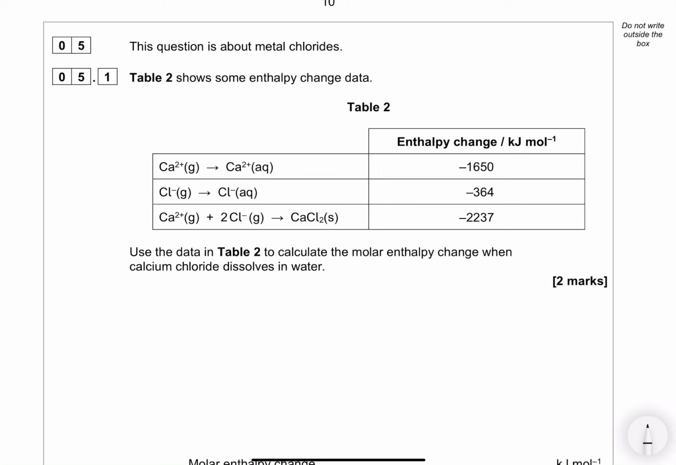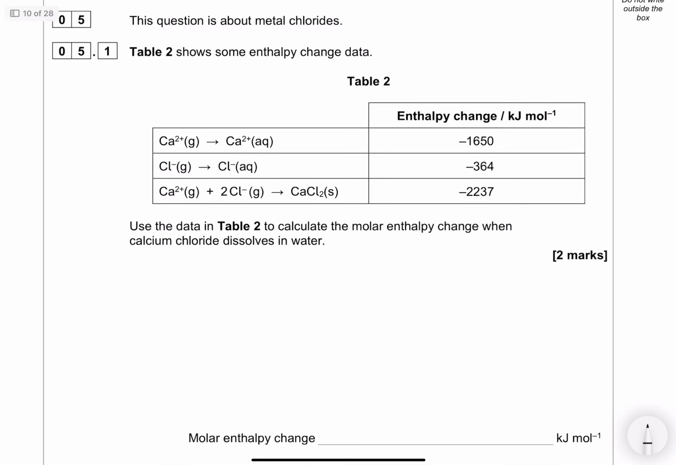This question is about metal chlorides. Table 2 shows some enthalpy change data. Use the data in Table 2 to calculate the molar enthalpy when calcium chloride dissolves in water. So when CaCl2 solid dissolves in water to form calcium ions (aq) and 2 chloride ions (aq), we want to